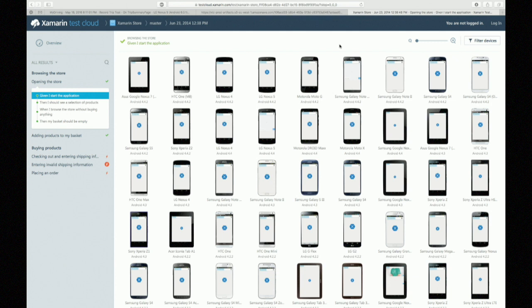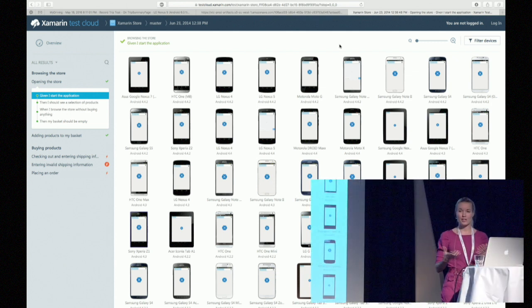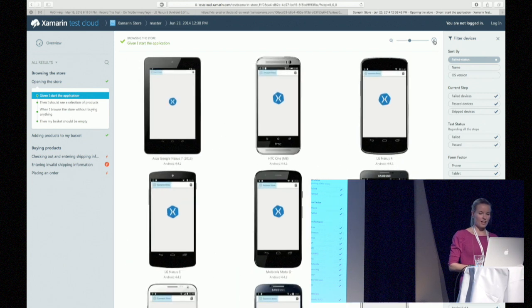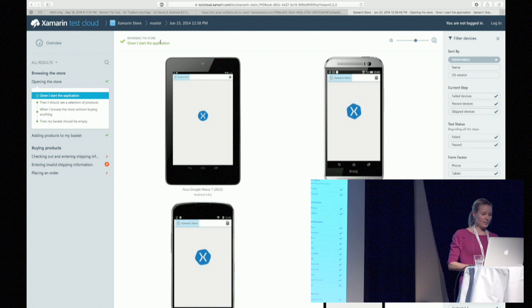So the chances are, if there is a device, it's going to be there. You're going to be able to test it on that device. Now, you can, of course, filter. We can filter by form factor, by manufacturer. And one important thing here that an automated test is not going to be able to show is